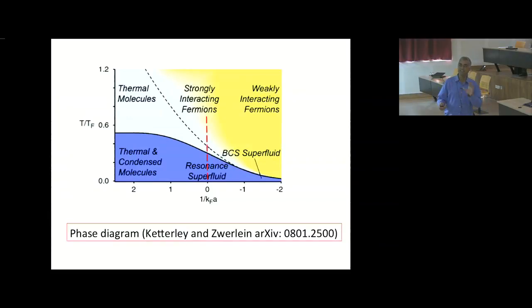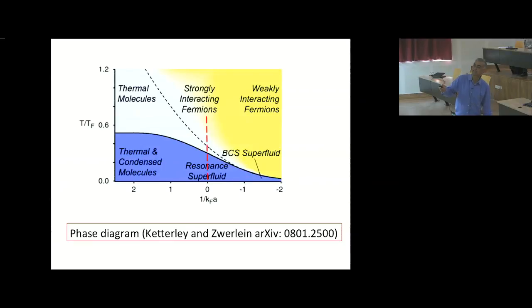This is a very complicated phase diagram, but I'd like you to focus first at 0 temperature, which is here. Roughly speaking, there's an attractive potential between atoms, and the strength of that potential becomes bigger, so the potential well gets deeper as you go to the left. So if you're right here, it's more like a BCS kind of superfluid. The atoms form a Fermi surface and there's weak pairing at the surface of the Fermi surface. As you go towards here, you go into the BEC phase, the attractive potential gets deeper, so the atoms form molecules which are bosonic, and the bosons then condense.